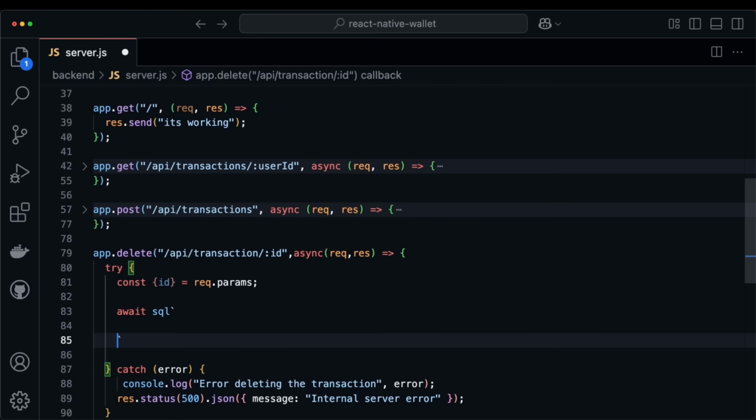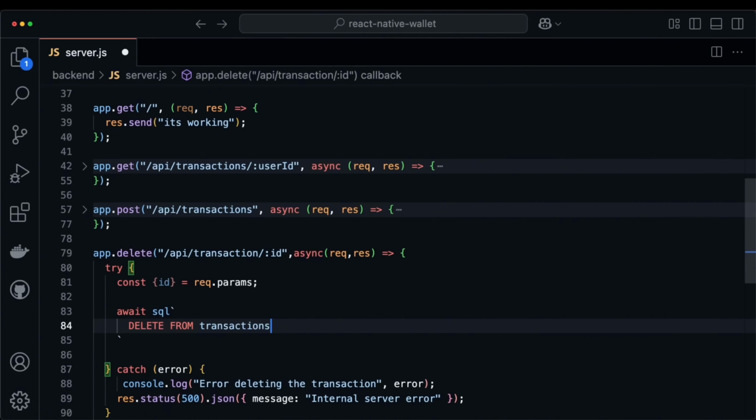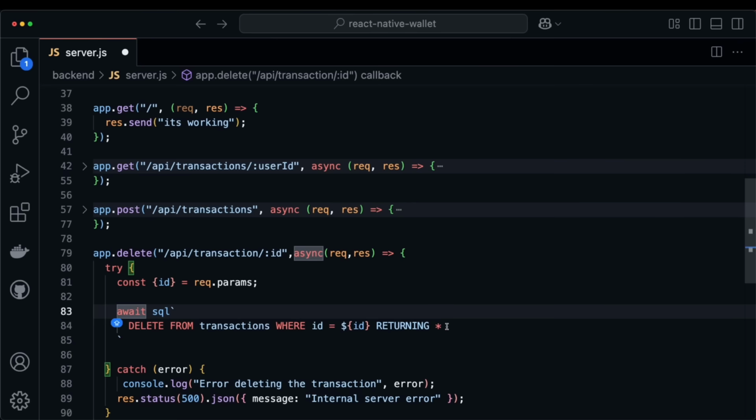Here we'd like to delete something, so I'll say delete from the transactions table where the ID is matching with the ID we have in the URL, and we'd like to get all the fields, so I'll say returning asterisk, basically everything,